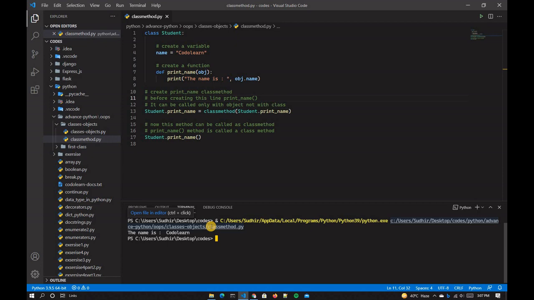And the result of that evaluation shadows your function definition. A class method receives the class as the implicit first argument, just like an instance method receives the instance.